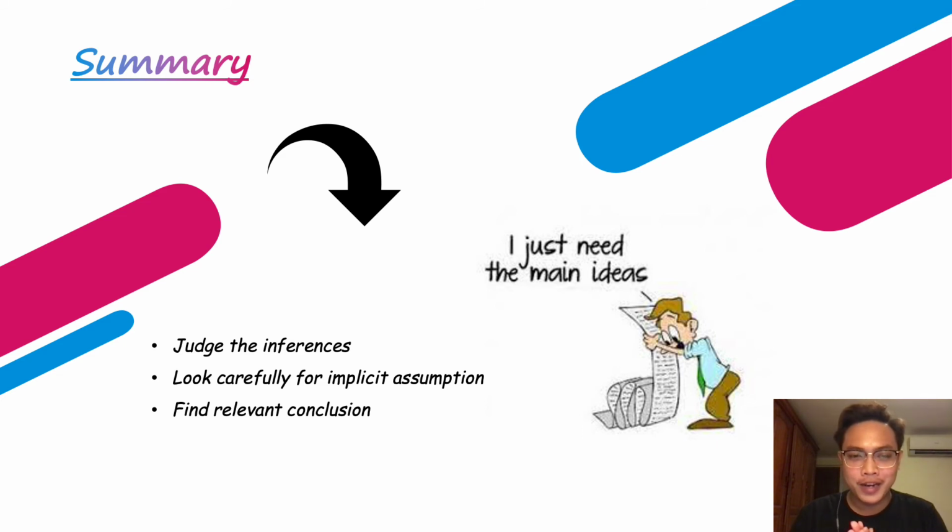I am going to give you a small summary of my own, and I hope you are really going to understand it. I do it based on my knowledge and my research. So if you are going to evaluate reasoning skillfully, first of all, you need to judge whether the inferences are good ones. And to do this, besides using the appropriate information, you need to look carefully for implicit assumptions which it is reasonable to attribute to the argument, and you need to ask whether there are other relevant considerations which need to be taken into account.